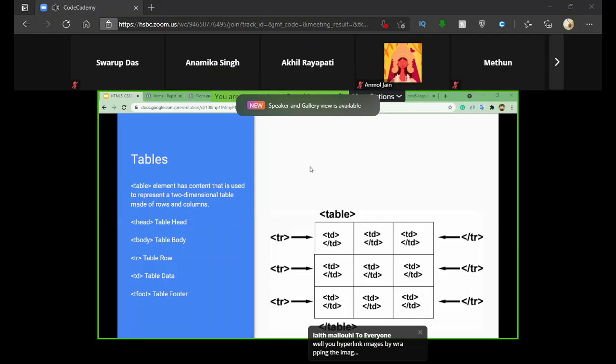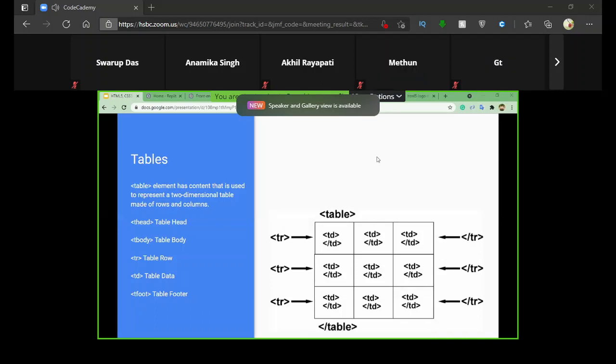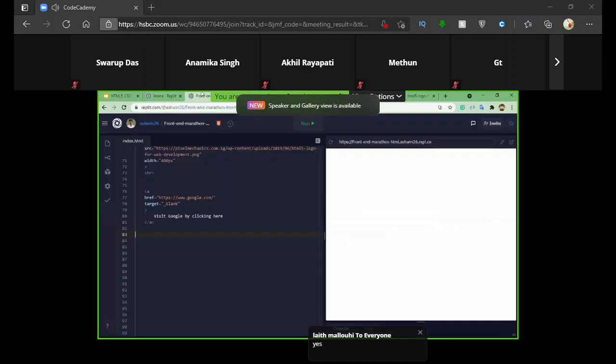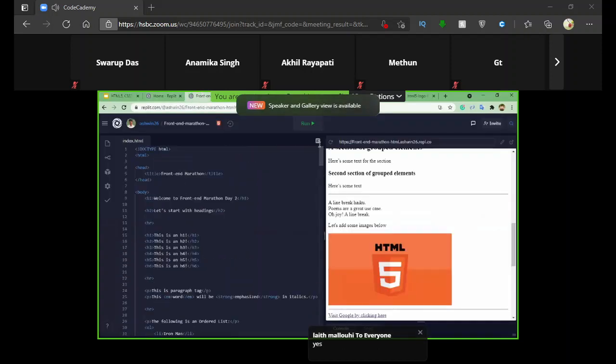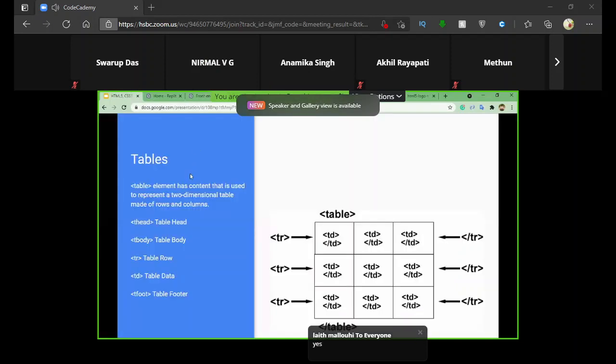So whenever we want to create tables inside HTML, we have a separate set of tags that we should use. Just like whatever elements we have used till now inside this coding part are all wrapped under one element, HTML, similarly, whatever we create as a table, we have to declare inside this table tag. Inside the table tag, we can use thead, tbody, tr, td, and tfoot. You'll understand more when we go into the coding part.